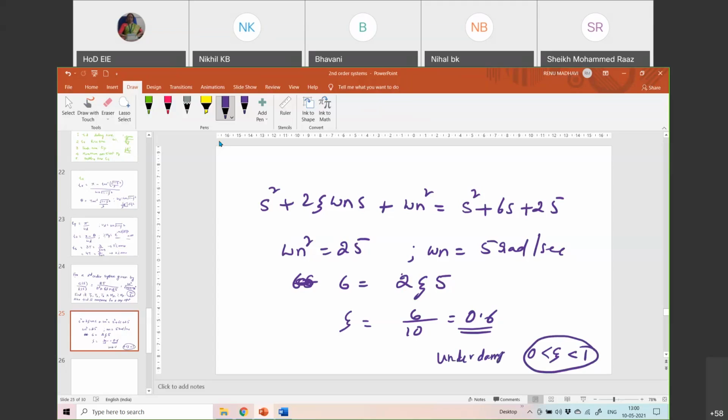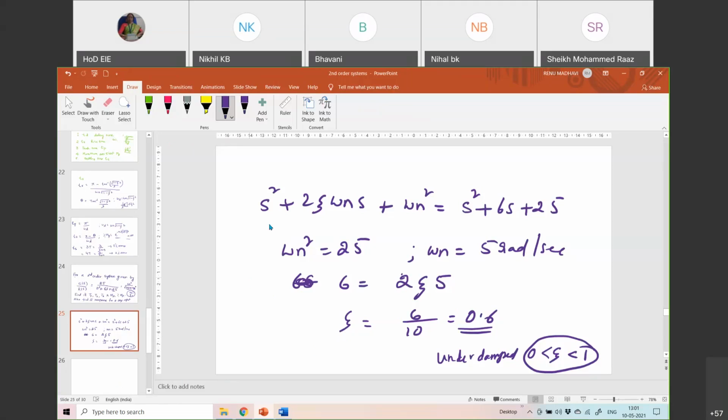And you have to remember the responses of an underdamped system, because now the problem is also asking you to find the response of the underdamped system for the step input. I did it for the critically damped system, right? C of t is equal to omega n t into 1 minus e to the power of minus omega n t, something like that. Likewise, for each case of zeta there will be a particular expression for C of t. It is better if you can remember it.